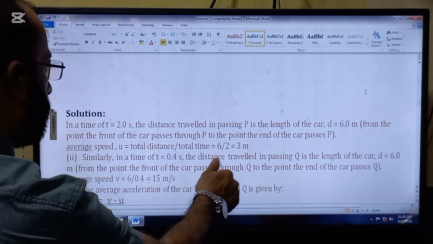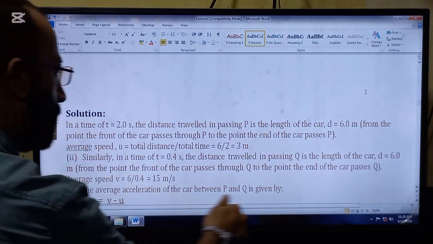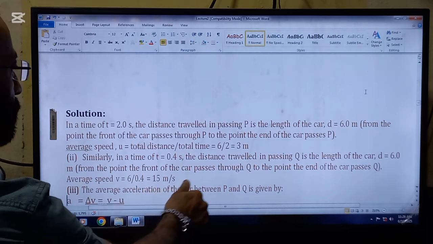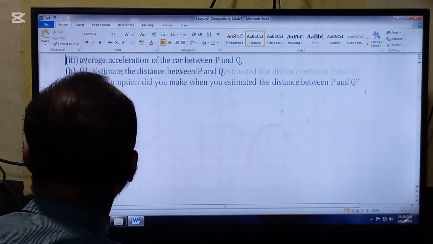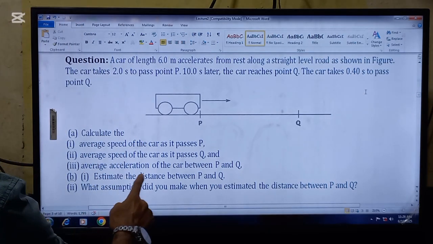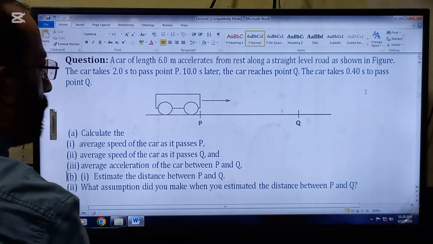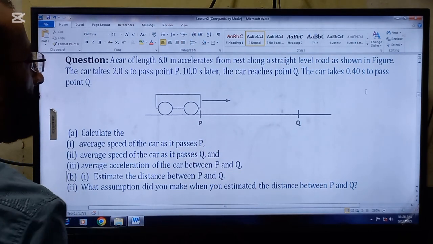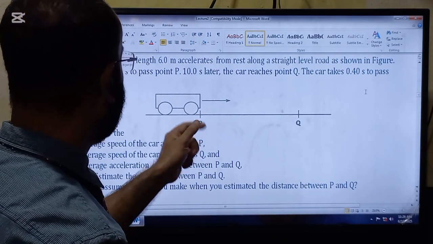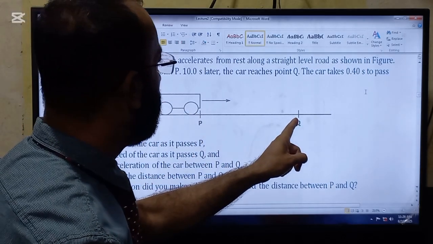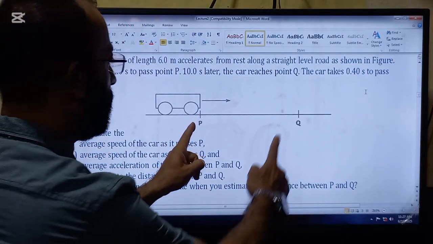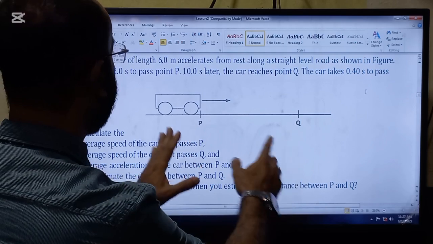For the first part, 6 over 2. And for the second part, 6 over 0.4. Solve it on the calculator and it will give you the answer. So look further now. In the third part, the average acceleration of the car between P and Q is required. The speed at this point is given, that is 6 over 2, and the speed at this point is also given, that is 6 over 0.40, which we found in part 1 and part 2. So initial speed and final speed are given, and